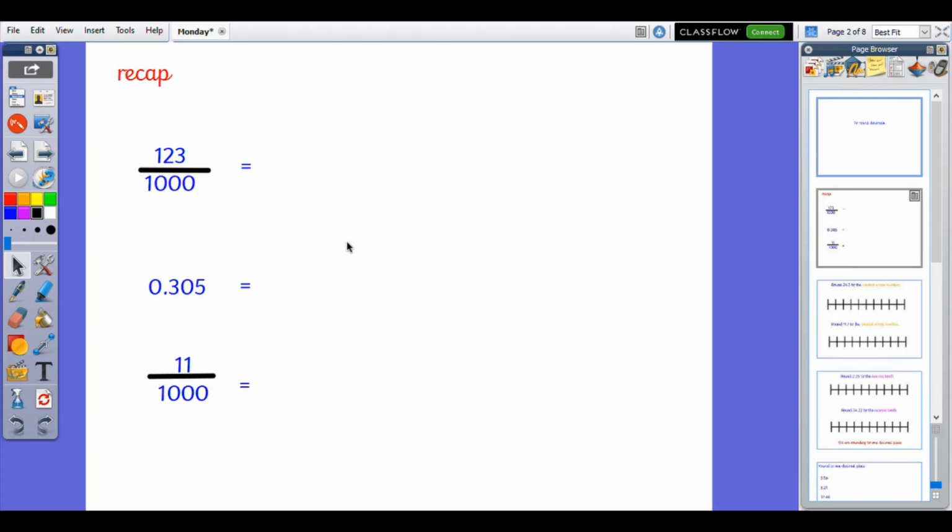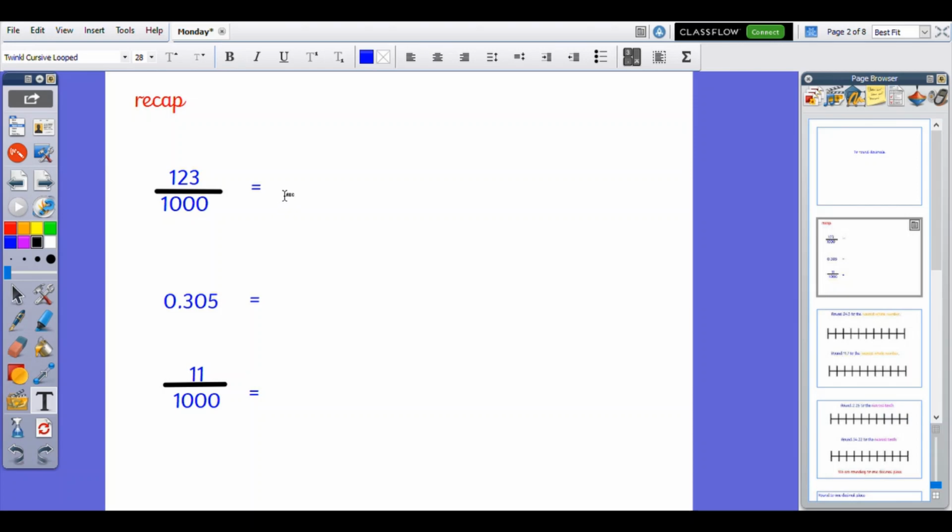So I want you to pause the video and I want you to change this fraction into a decimal, this decimal into a fraction, and this fraction into a decimal. And then you can play the video for the answers. Okay, so if I were to convert this into a decimal, I can see that my denominator has thousands, so it's 123 over 1,000. So my decimal would be